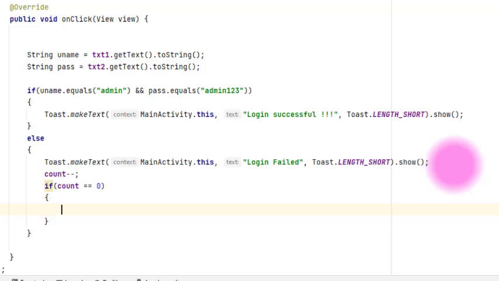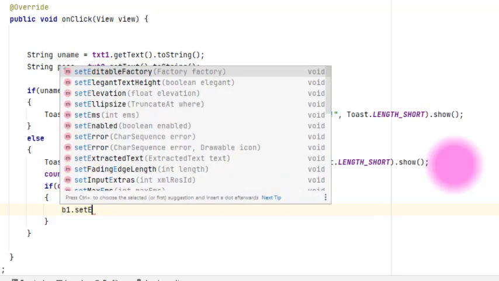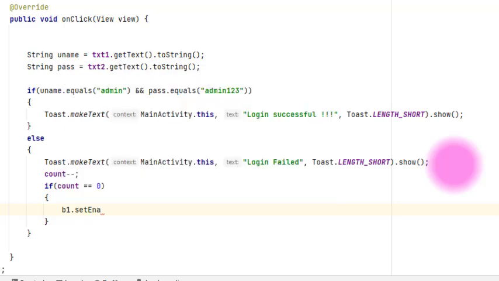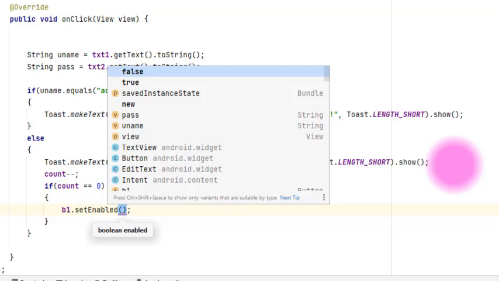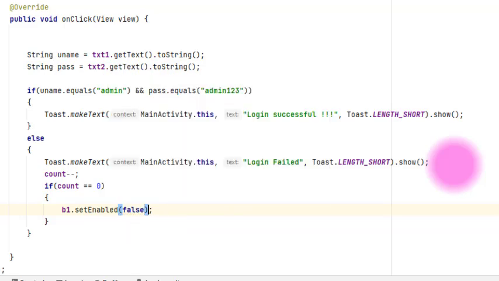After 3 attempts this count gets 0, then we will use the b1.setEnabled method and pass false. That means the button gets disabled. The user is not able to click on button 1.